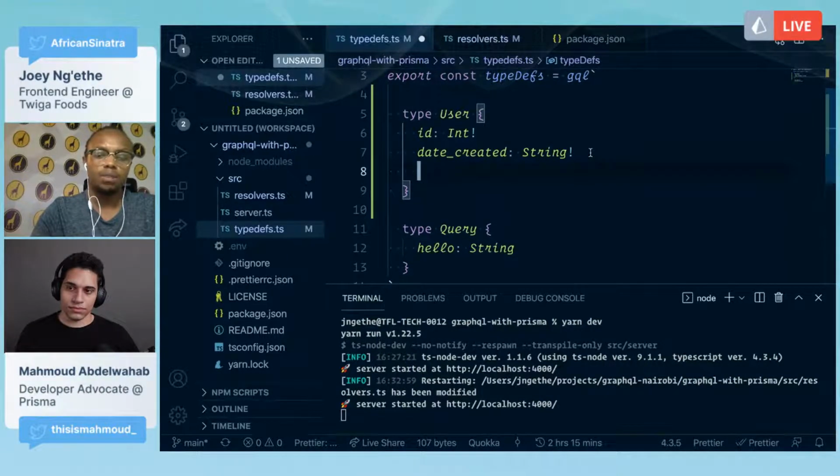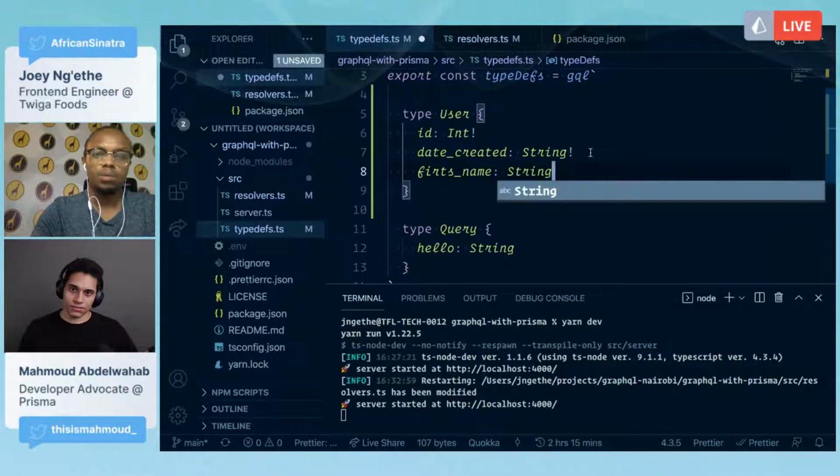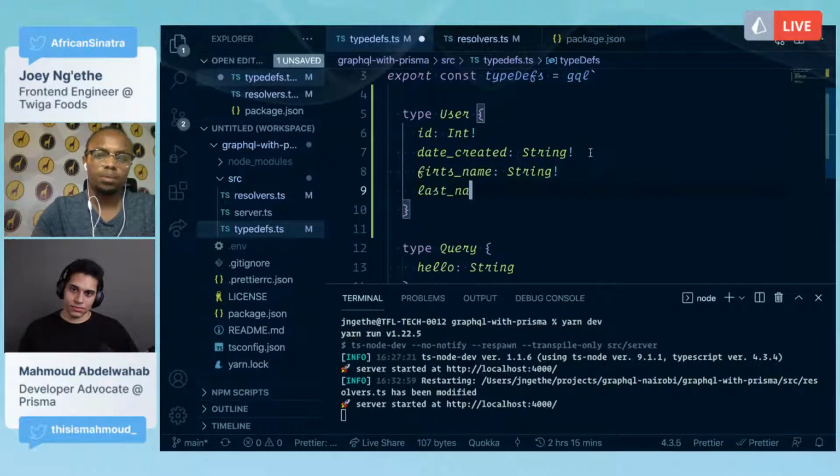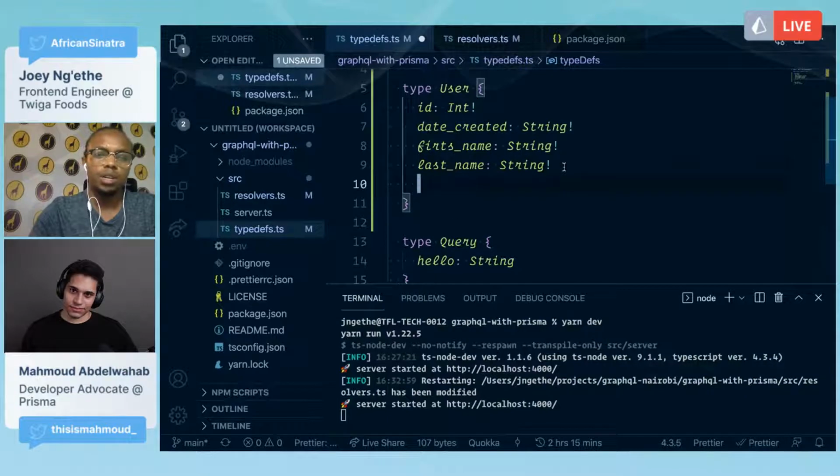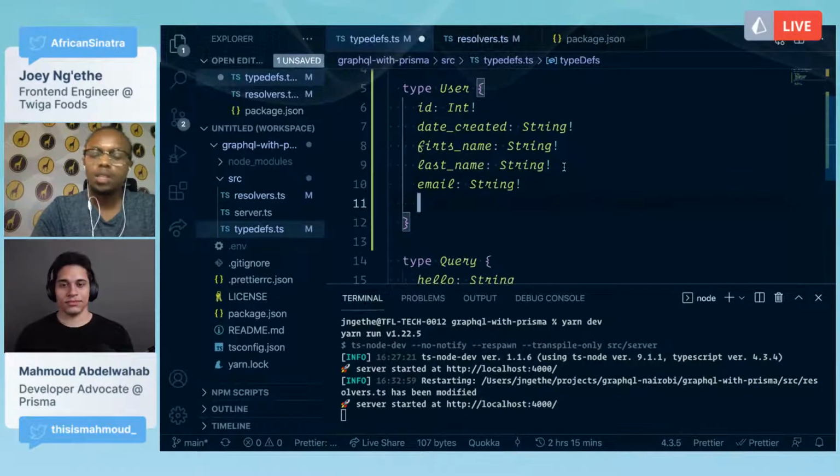Then we're going to have first name as well, and an email, which is going to be a string. Then we have this field, which is a Boolean.